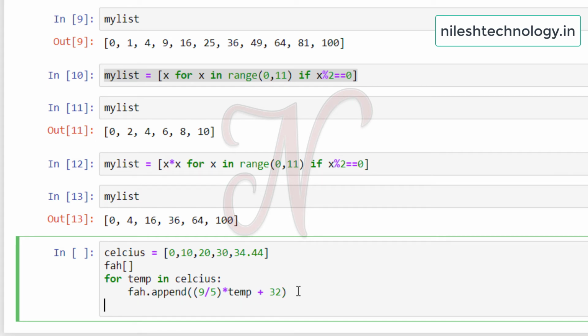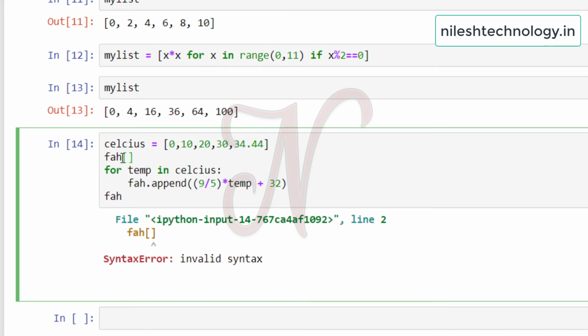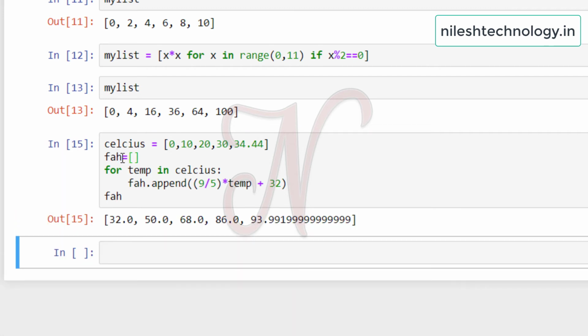Then here fh is printed. See here, fh is equal to... this is the setup where we have to convert the temperature in Celsius to Fahrenheit, by using this simple or normal technique.